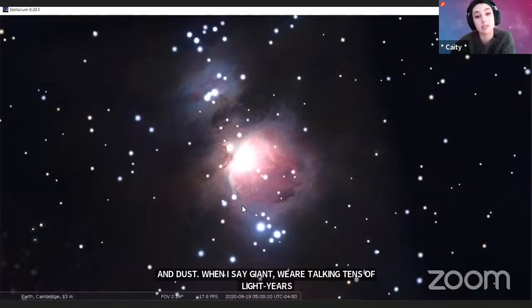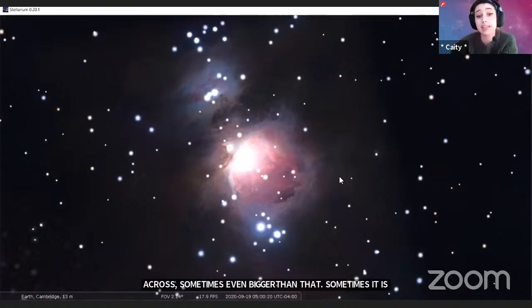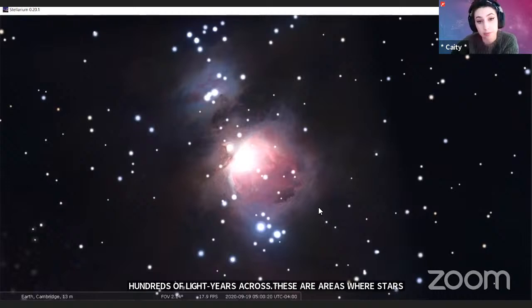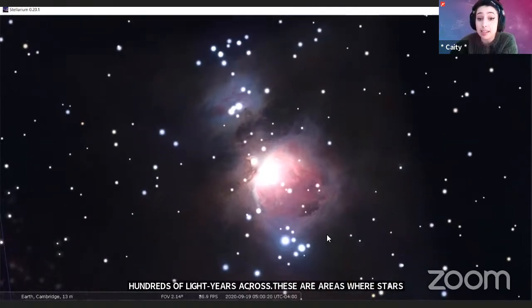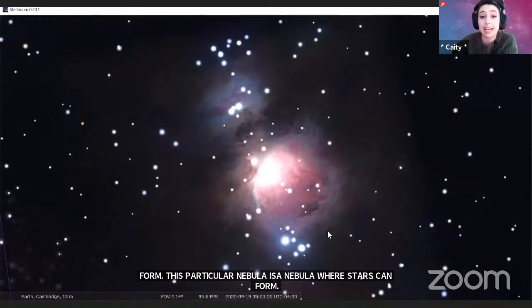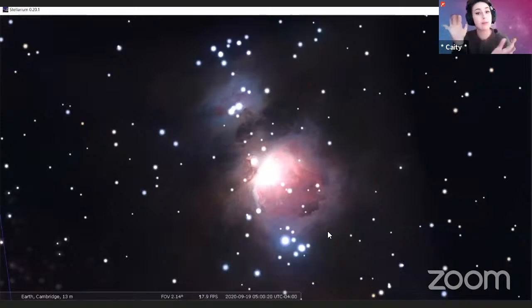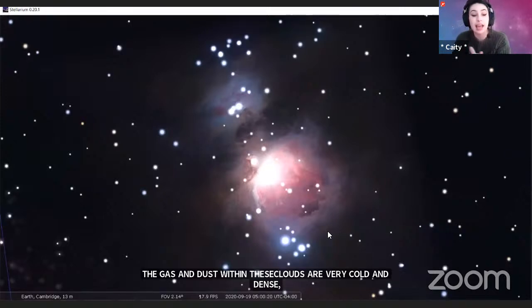And these are areas where stars form. This particular nebula is a nebula where stars can form. So the gas and dust within these clouds are very cold and dense, so it clumps together really easily and gets bigger and bigger, kind of like a dust bunny, until all that material collapses and forms a star.